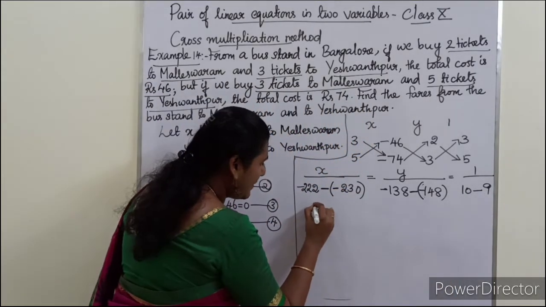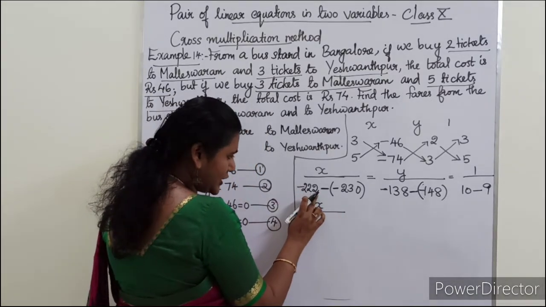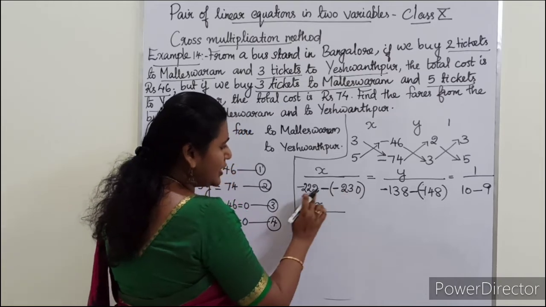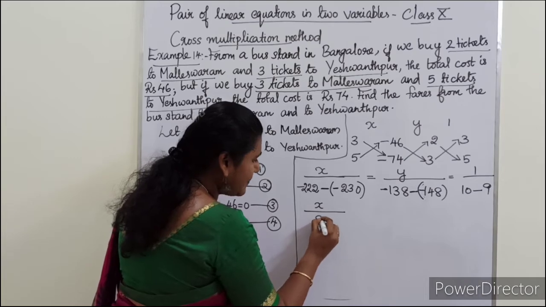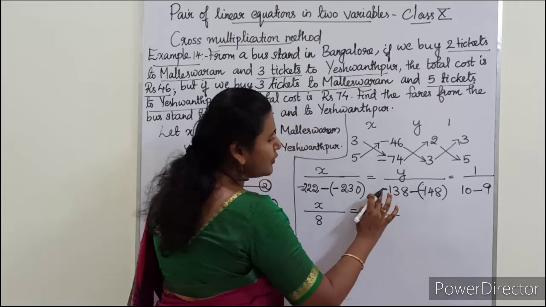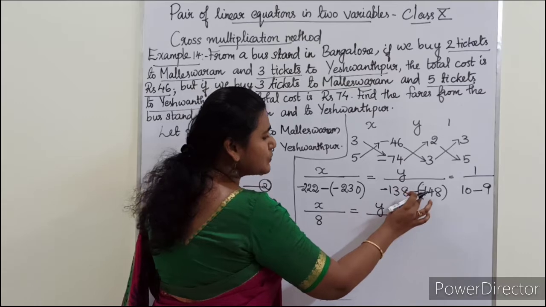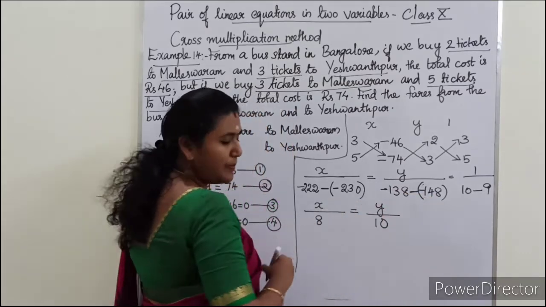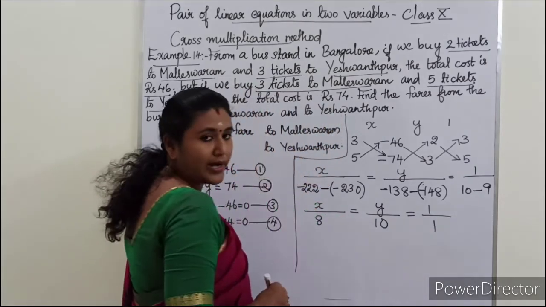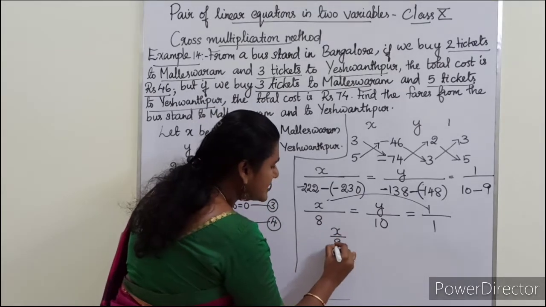So x divided by, here if you see minus 222, these two minus will become plus 230. So when you subtract these two, you will get here plus 8. So x by 8 is equal to y by, here you have minus 138. These two minus will become plus. So plus 148. So here you will get y by 10, which is equal to 1 by 10 minus 9 is 1. Now we will take first and the last ratio, that is x by 8 is equal to 1